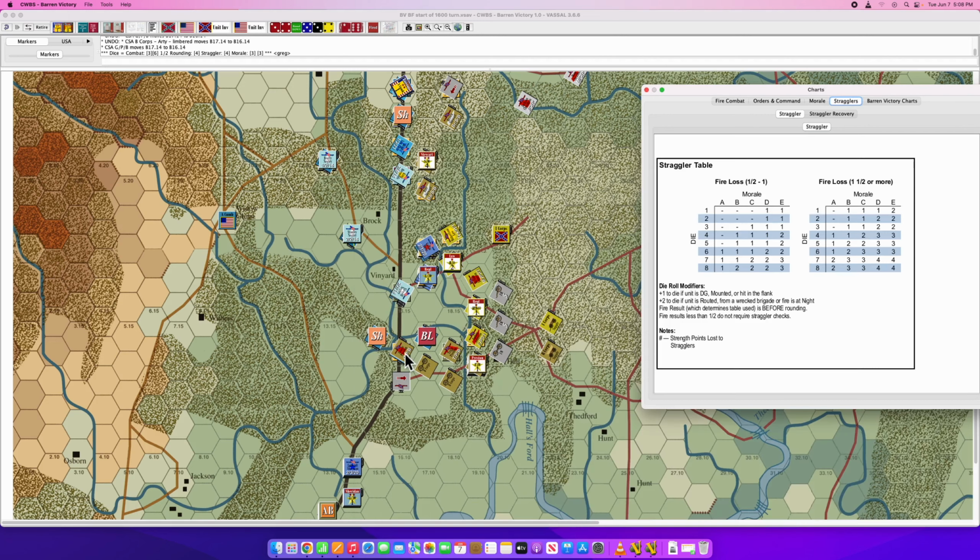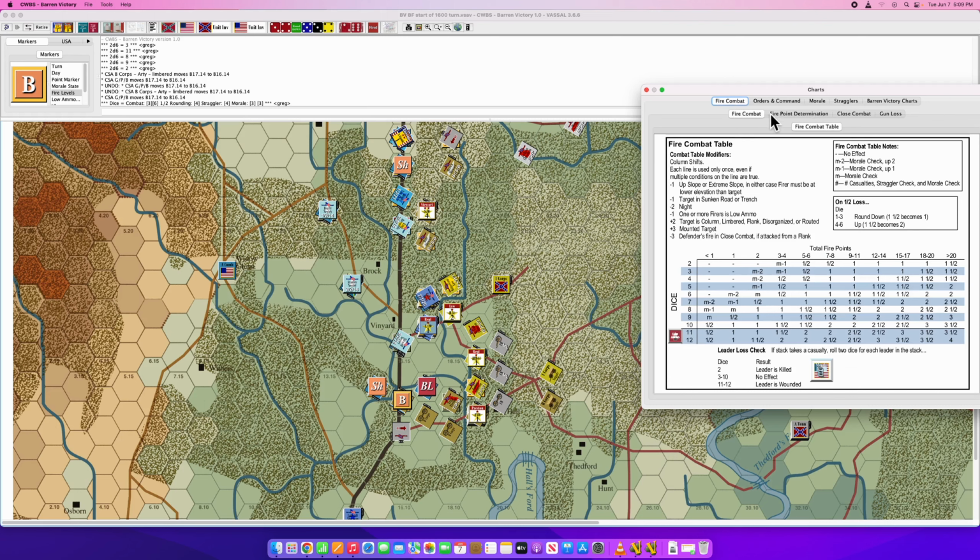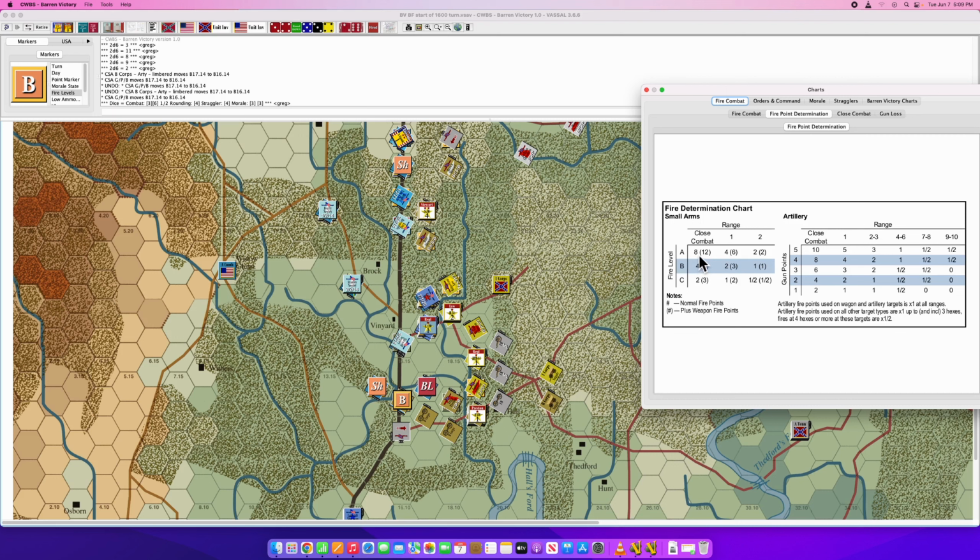I'm just going to put it here for now. I still get to fire when I do the Union fire. It will still be at A level because this fire here is considered to be simultaneous, not sequential. So now I'll do A level fire at close combat, which is 8, on Wilder